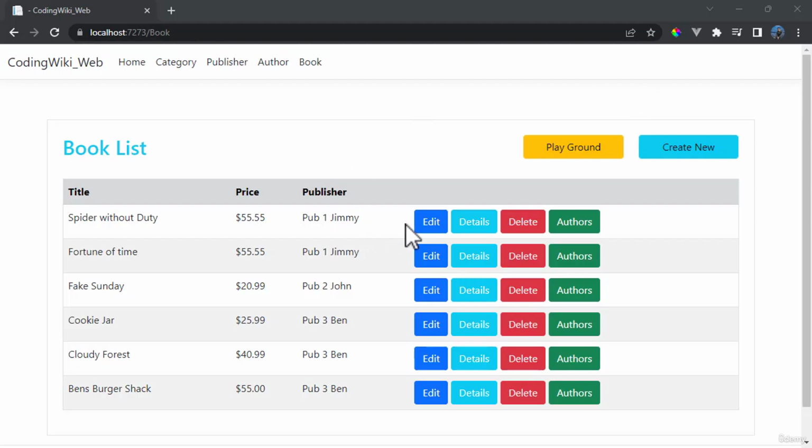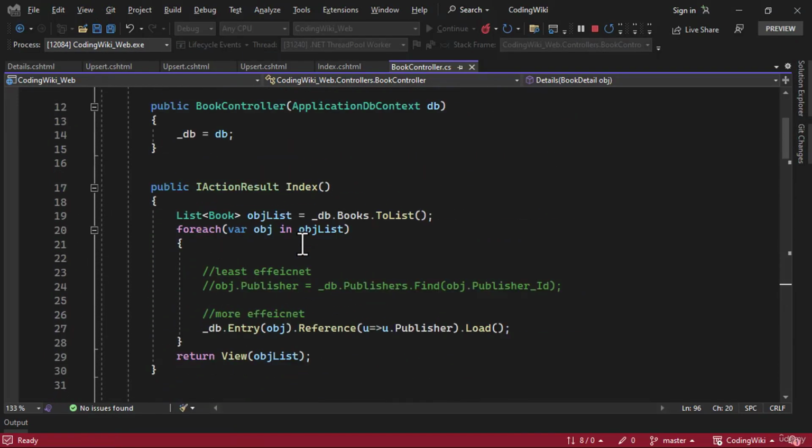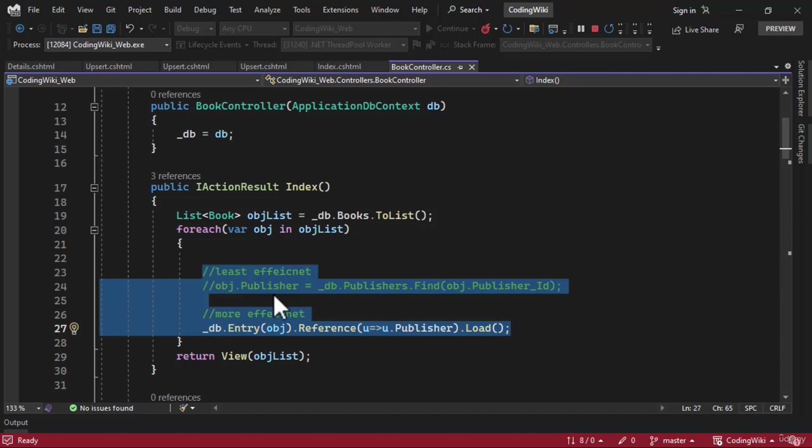Now our book detail is working as expected. On this page, we have authors that is pending. But before we work on author, there are a few things with Entity Framework Core that you should be aware of. So let me switch back to the application, and where we have the index, we saw the least efficient way